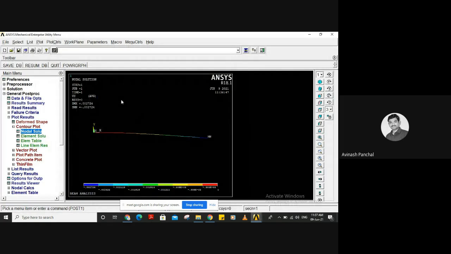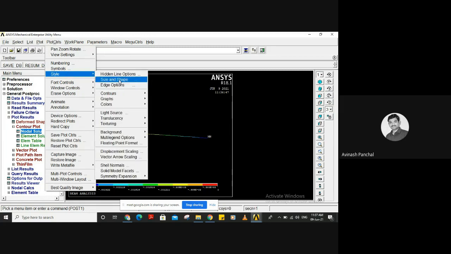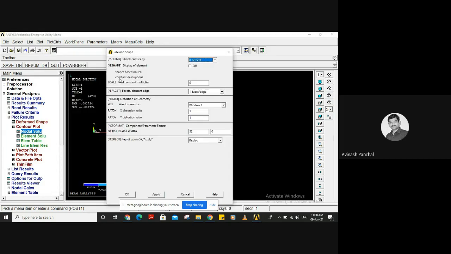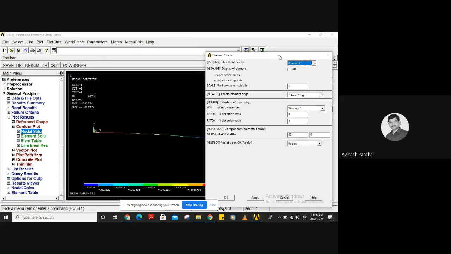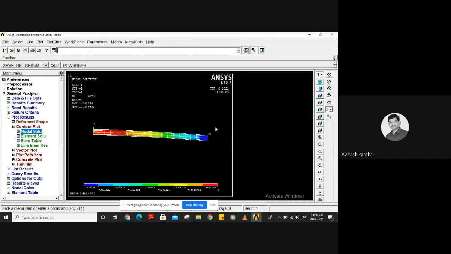Now we will see. You might have seen that this has some cross section. So we will go to plot controls, style, and size and shape. I already told you that we can hide and show this shape. I will show the display of element over here, so we can have the actual size of this whole beam.